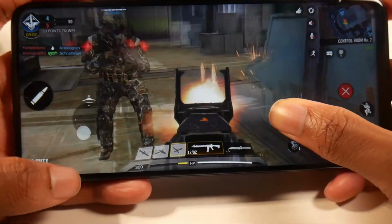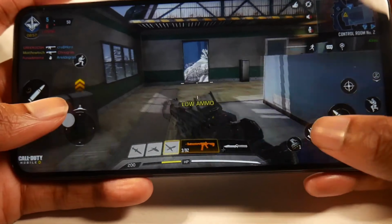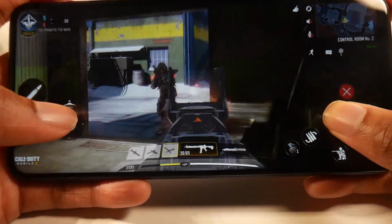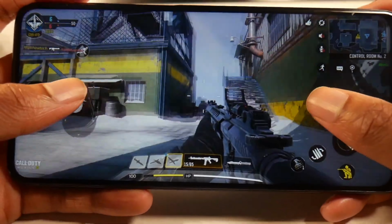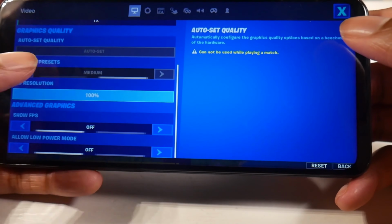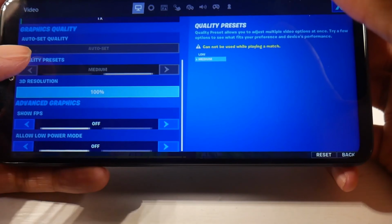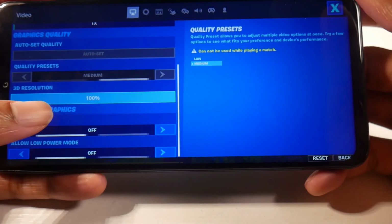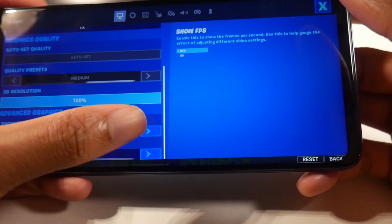So this model does come with the Snapdragon 720G. You have the 4 or 6 gig of RAM capacity, and as you can see from the gaming test, you can go ahead and watch that as well. You can play games all on high except for Fortnite. Fortnite does run on medium setting, so I found it to be perfectly fine. It was definitely playable, but if you want it at the highest settings, then check out some of the other phones on this list. But again, the highlight mostly with this phone is that you have that 5020 milliamp battery